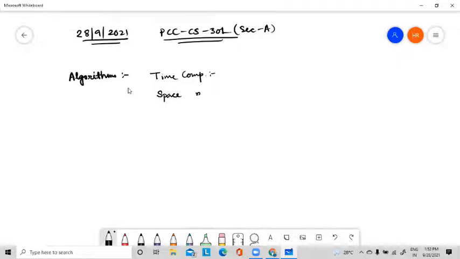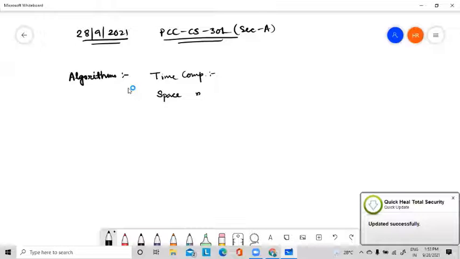So finally, we can say that time complexity is more important than space complexity. But if you develop any new algorithm for a particular problem, then you must give both time complexity and space complexity. And it is very rare that your algorithm can be solved with both less time and less space. Okay. So now today we will try to understand how to calculate the time complexity for a particular problem or